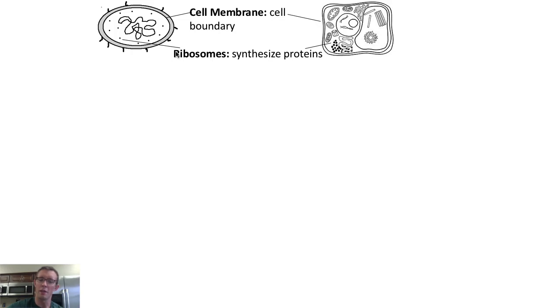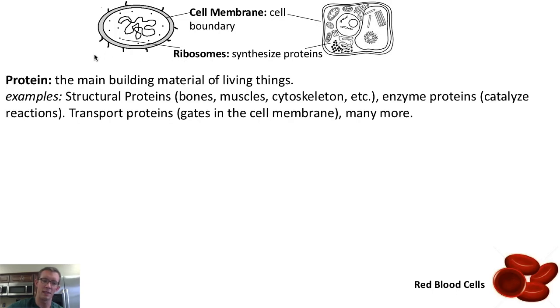Hey bio team. All the cells that you guys have seen so far, whether it's prokaryotic cells like this bacterial cell or eukaryotic cells like this plant cell, all have at least two organelles in common. They all have a cell membrane, and they all have ribosomes. And the reason that cells need ribosomes is because ribosomes build proteins, which is what the cells themselves are built